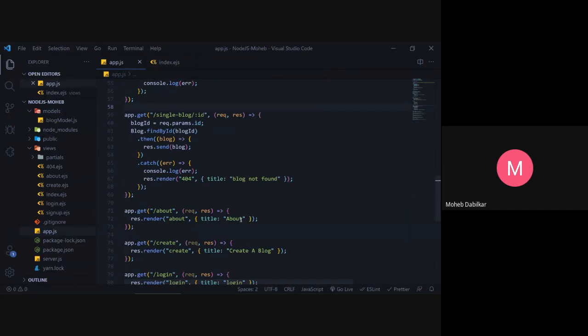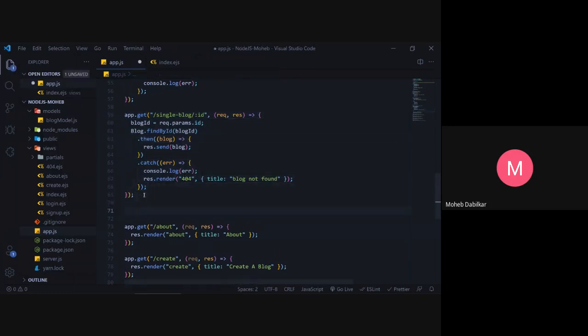Okay, what about deleting or putting or updating? Well, for now we won't be updating anything, but we are going to surely delete something. We will just use this method. So app.get and then we will say delete.